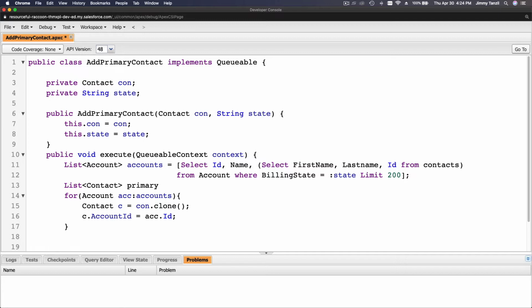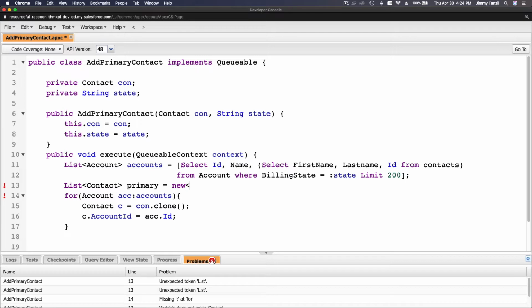Primary equals new list of contact. So I'm going to make a new list of contact, which is the primary contact, and then I'm going to do this primary contact,